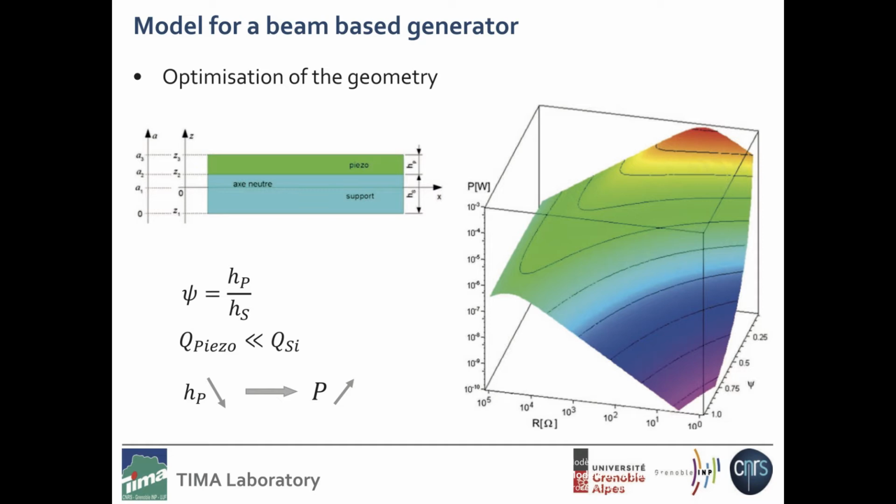C, which is the ratio of the thickness of the piezoelectric layer over the thickness of the substrate. So it's clear that in our case, the quality factor of the piezoelectric material is very low compared to the silicon. And in this case, if we decrease the thickness of the piezoelectric layer, we increase the power. It's sure that if you replace the substrate by metal, the result is completely different. So you have to take all these things in mind. We choose the material, and I will speak about a figure of merit just after this slide. But you have to understand how to combine the material with the structure, because the structure plays a very important